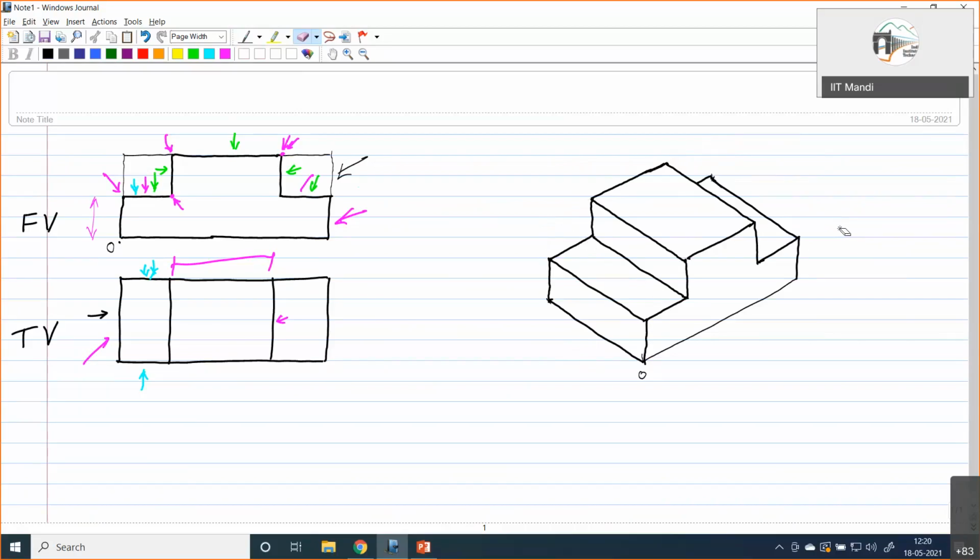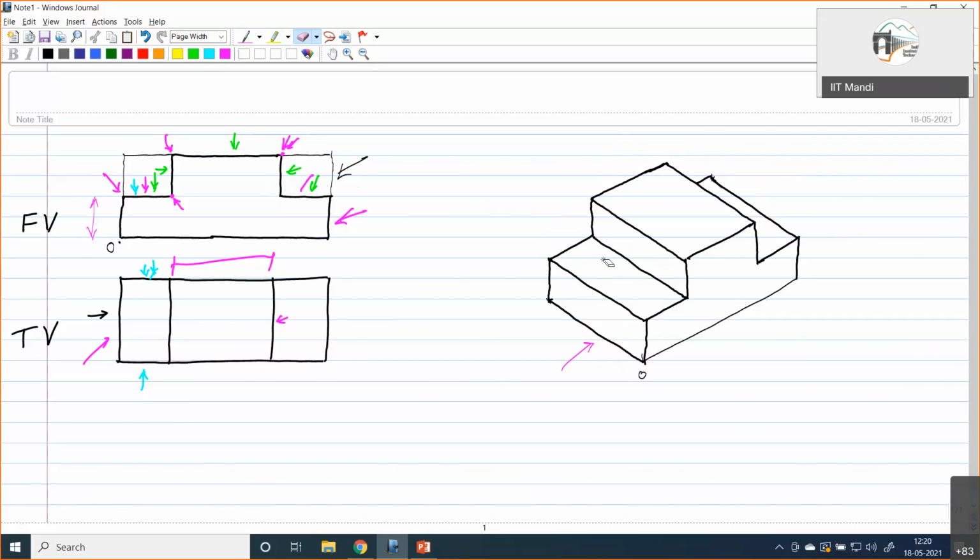One more thing I would like to draw, and that is with the consideration that here at least all the lines in this diagram, whichever lines, either this or this or this, even all these lines, are all actually isometric lines. These are parallel to any one of the isometric axes. We can try to have one more example where it is not so.